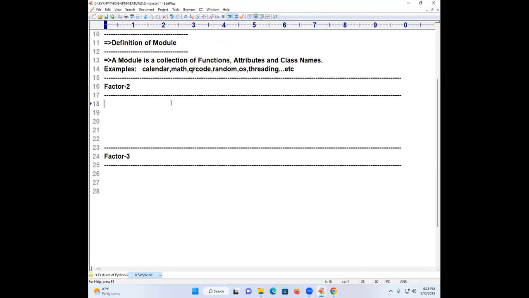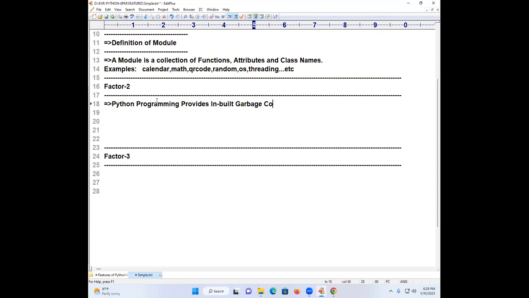What is this factor number 2? Second factor, why Python is simple technically: Python programming provides an inbuilt garbage collection facility.